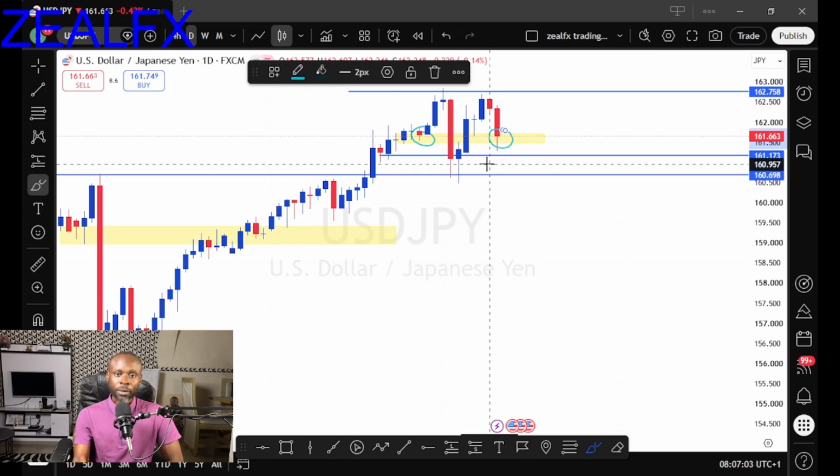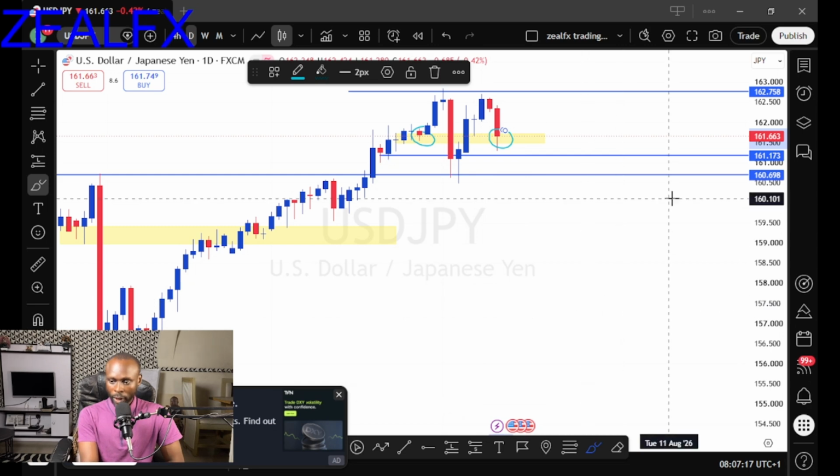So your aim this week is to look at your areas from the lower time frame, to look for strong signals that will trigger your big move this week. So we expect a strong bullish movement this week for the USD JPY. So let's look at the next pair,